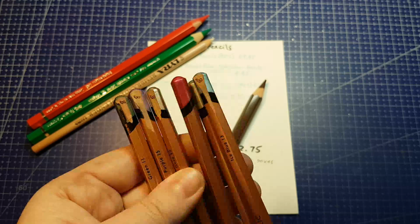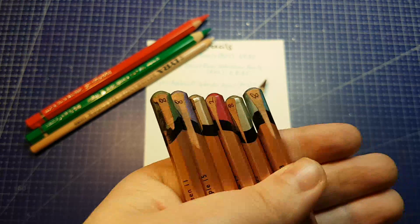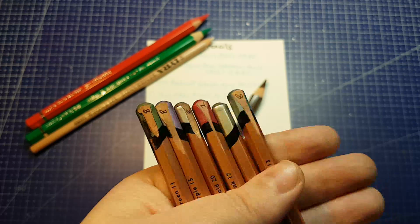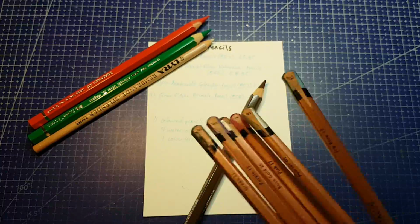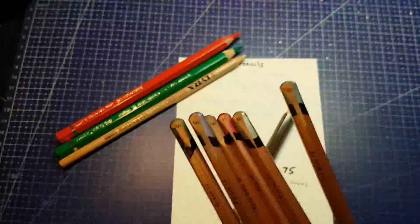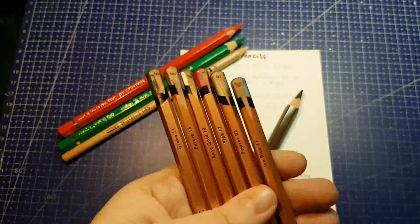Derwent uses the blue wool scale out of 8. As you can possibly see, 5 of them are 8s, and the pink is a 2. So the 8s get to live in my nice fancy pencil box. And the 2 lives in my old plastic pencil box up on top of my desk with the majority of